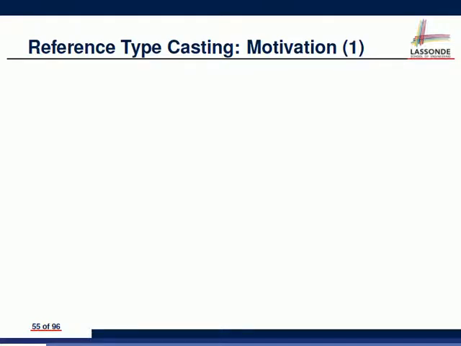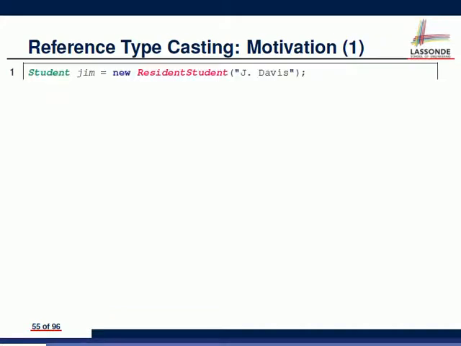Let's just review this example very quickly and then see what to learn. First of all, in line number 1 here, we declare Jim to be of a Student type. So the static type for Jim is Student. And then the dynamic type, after executing line number 1, should be ResidentStudent for Jim. Okay? And then we say that line number 2 should not compile, because